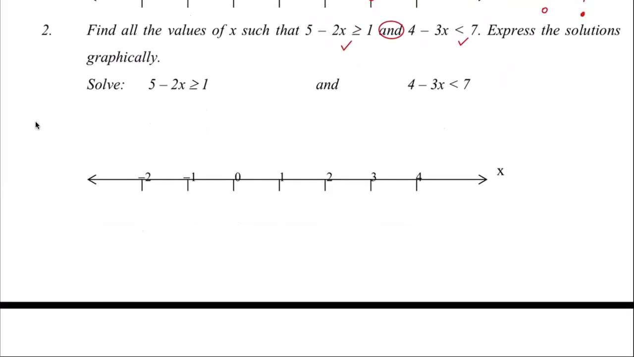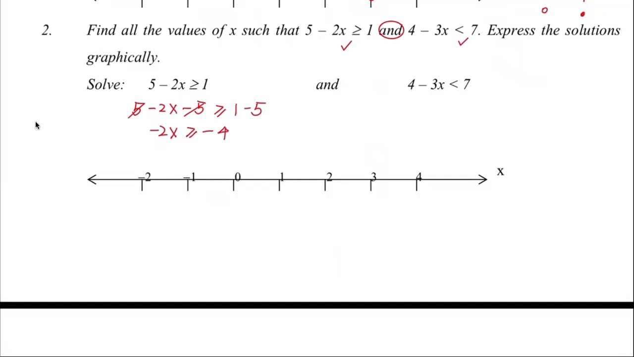So first, we subtract 5 from both sides. Okay, so 5 minus 2x and minus 5, greater than or equal to 1 minus 5. This is the first step, right? And 5 minus 5, that becomes 0. So only minus 2x is left on the left-hand side. So minus 2x, right? Greater than or equal to 1 minus 5, that's negative 4,